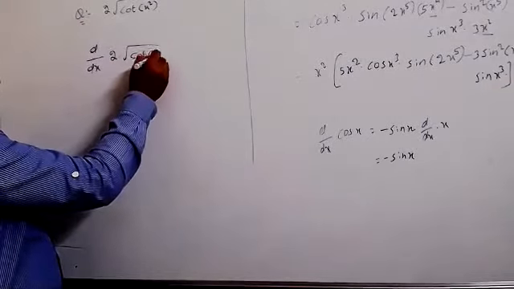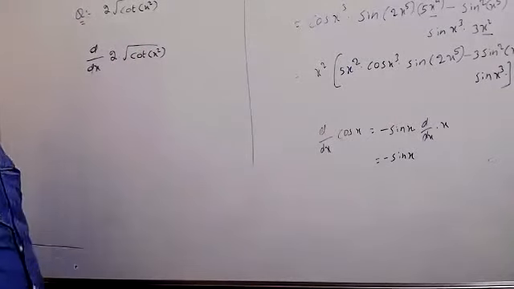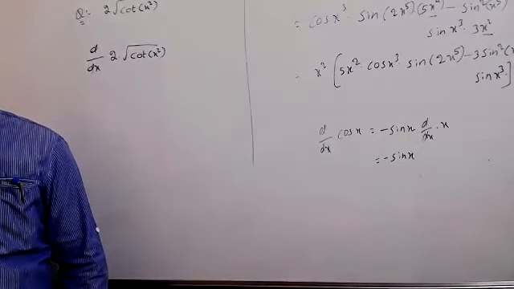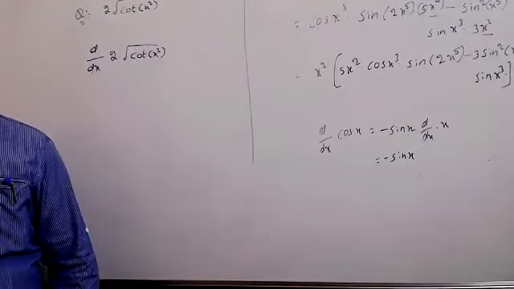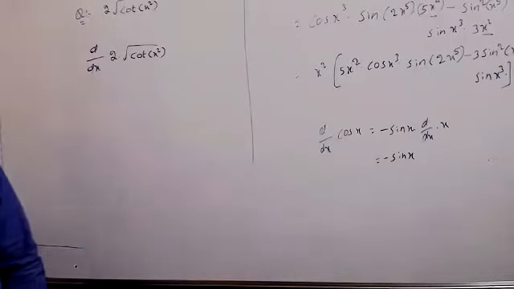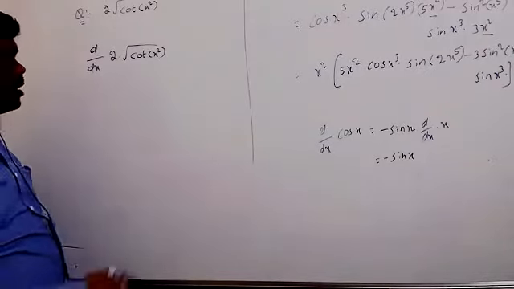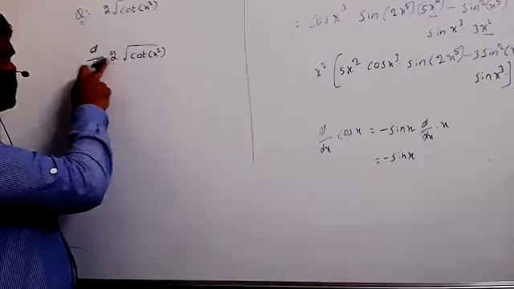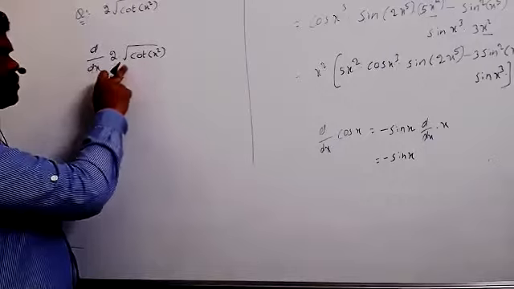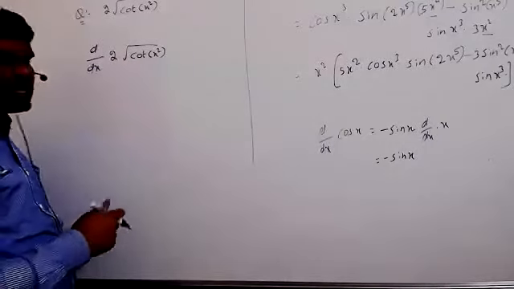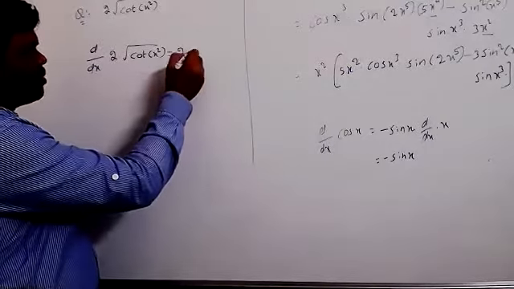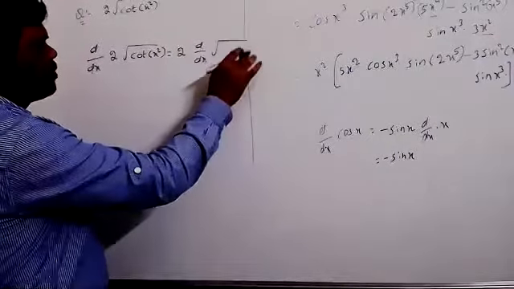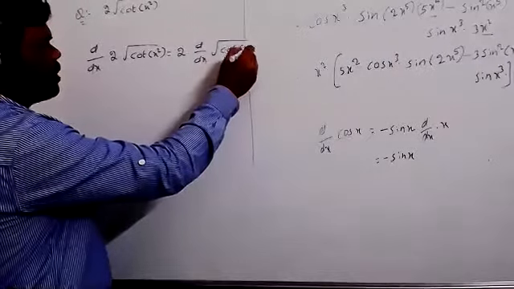Cot x square. Differentiation of 2 into square root of cot x square equals how much? See, it's very easy only. Now here clearly the 2 is the constant value. 2 is the constant, so you can take it outside. But it is in the form of root x now. It's correct. So this one you can write now as 2 into d by dx of square root of cot x square.